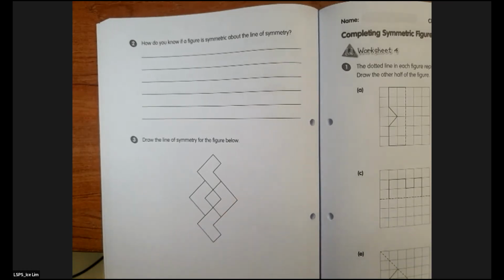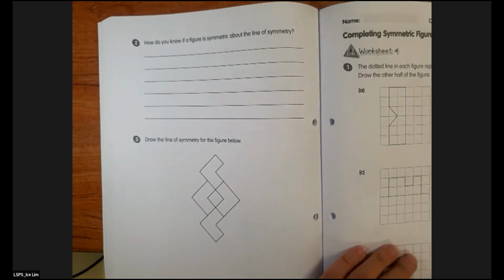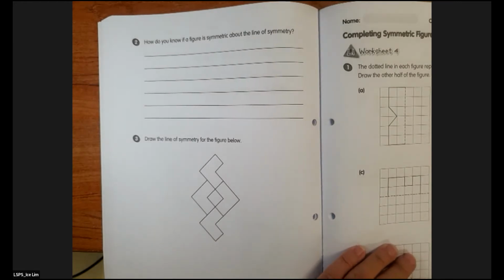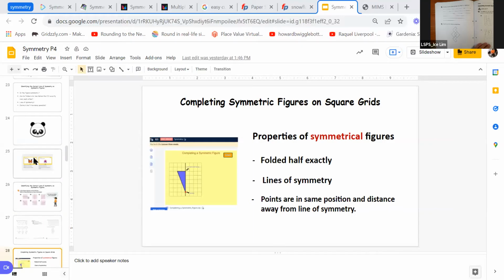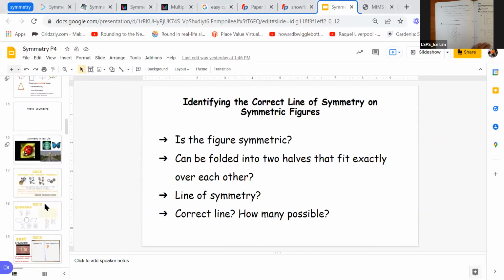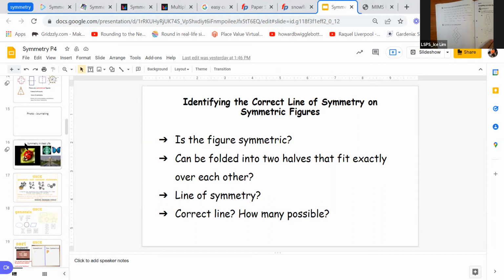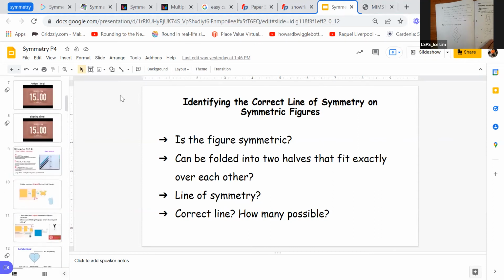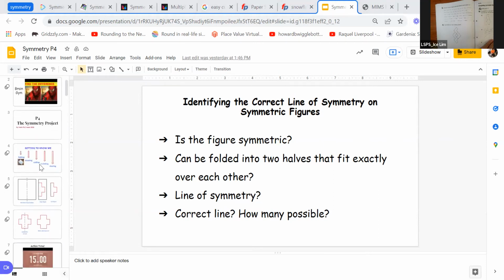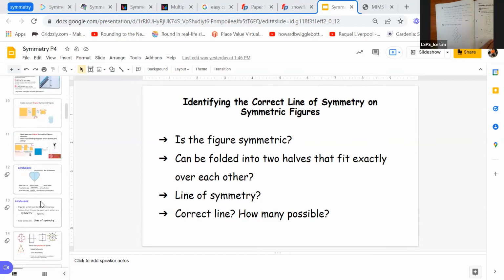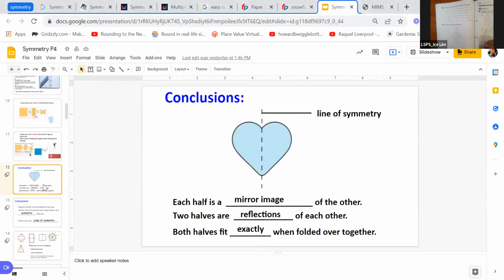Okay, so let's take a look at the terms of symmetry again. So here, we identify the conclusions on the first activity of what